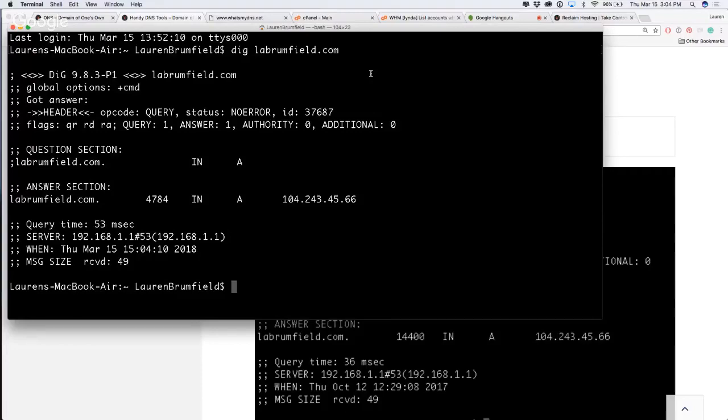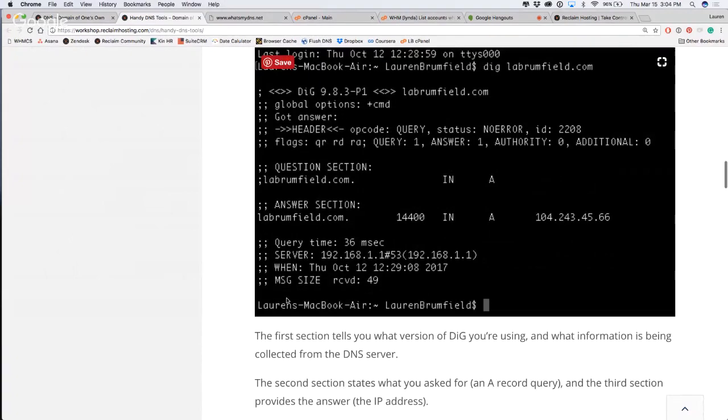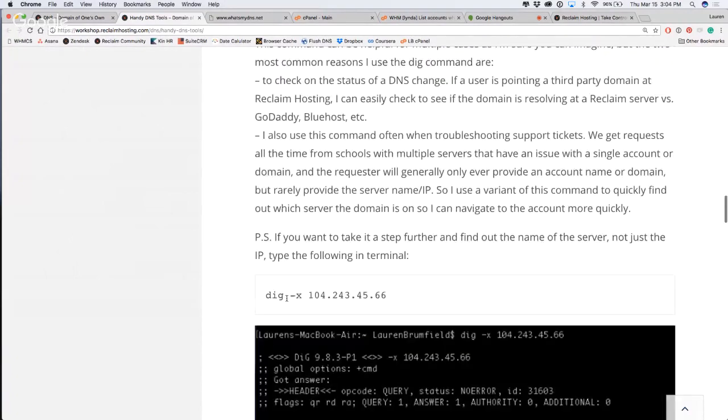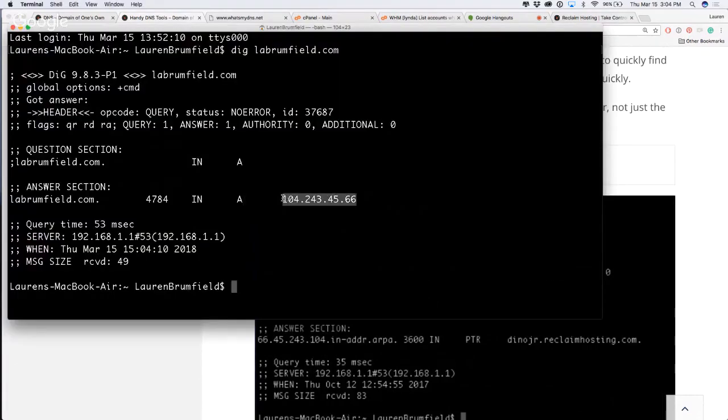It is helpful for certain things, but what we want to look at is we've got this A record here, and it's pointed to 104.243.45.66. So that's what is described here. But then the cool part about this is that I can actually then copy this IP address, and do, I think it's